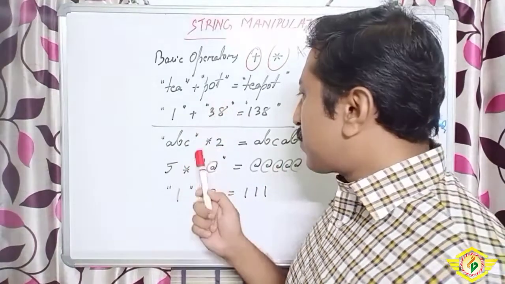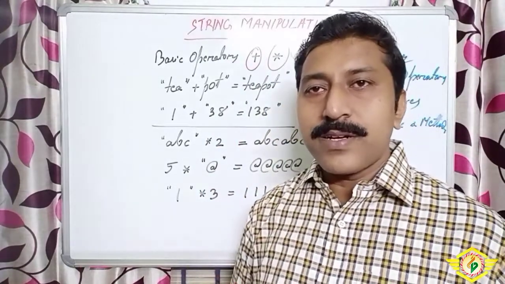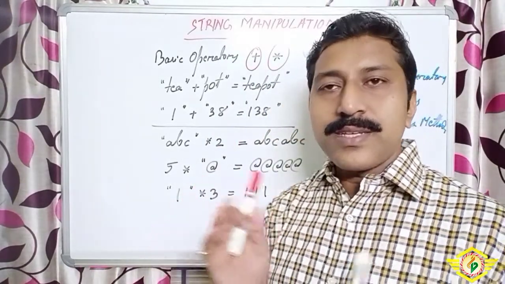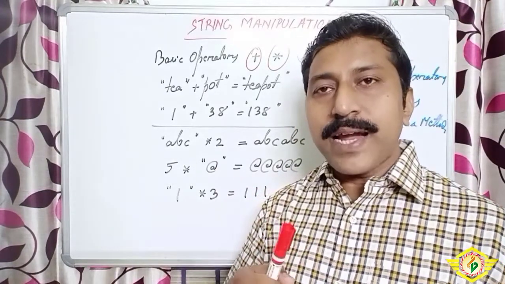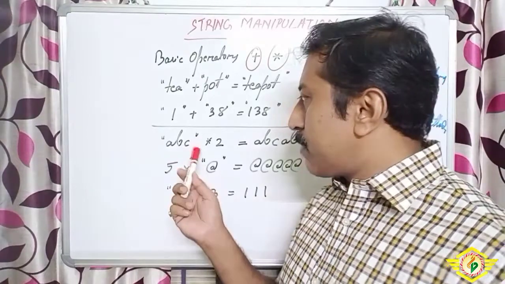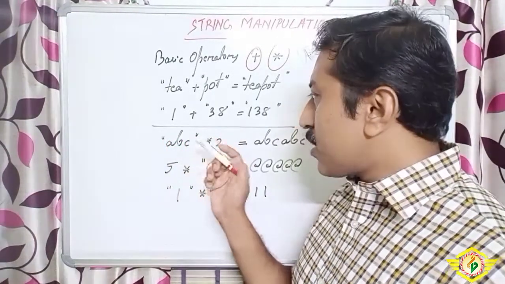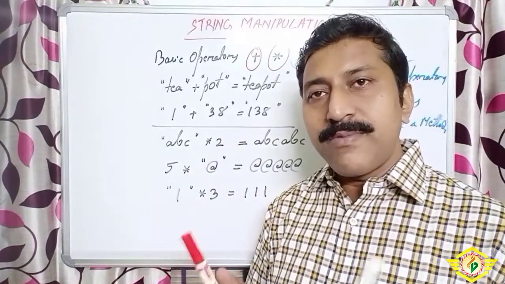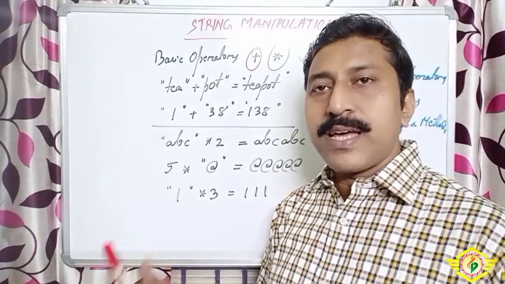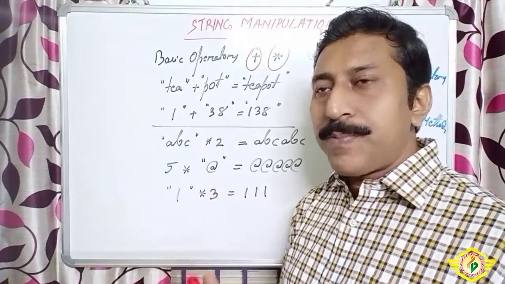Okay. Next come to the replication operator. In this case, the into sign we can use. This sign is used to replicate or write the data so many times. Example, you see, ABC is one word I have written here. So when I have written ABC into 2, 2 times ABC will be printed without any gap, ABC and ABC. If I am writing 3, ABC, ABC, ABC. So in this way it will be printed.